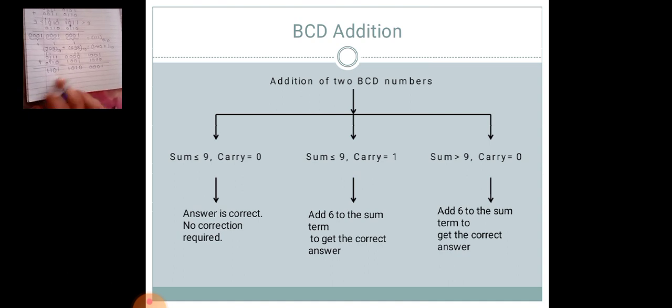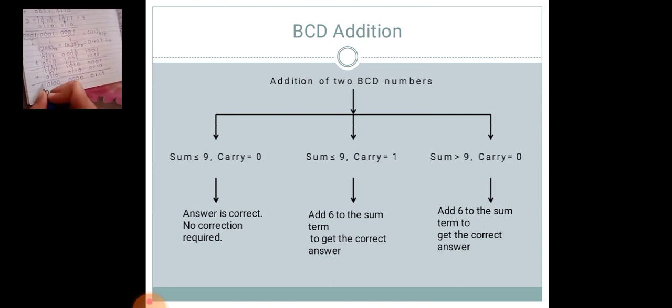So add 6 in all results, right? So we'll perform binary addition once again. 1 plus 0 is 1, 0 plus 1 is 1, 0 plus 1 is 1, here 0, 0 plus 0 is 0, 0 plus 1 plus 1 sum 0 carry 1, 1 plus 0 is 1, 1 plus 1 is 0 carry 1, 1 plus 1 sum 0 carry 1, 1 plus 1 sum 0 carry 1, here 1 will come, 1 plus 1 sum 0 carry 1, plus 1 sum 0 carry 1, 0 plus 1 is 1, 1 plus 1 sum 0 carry 1.